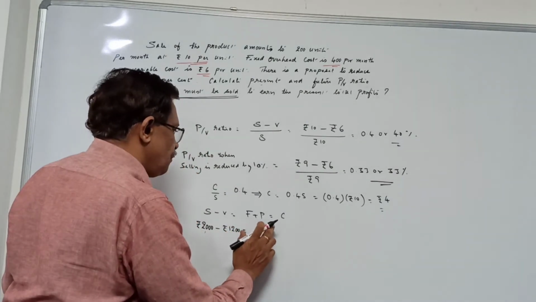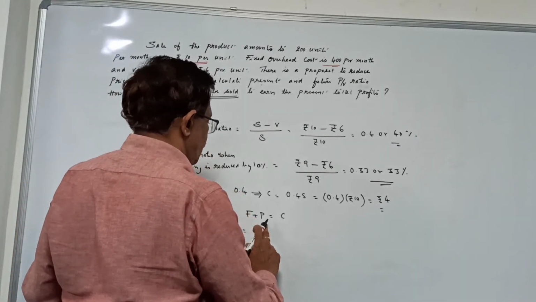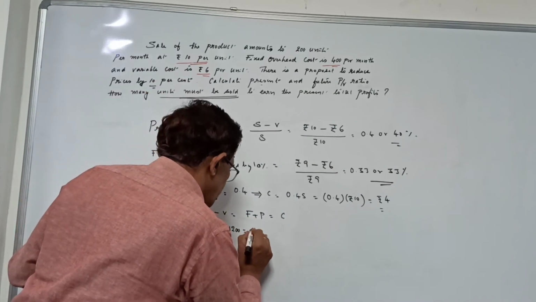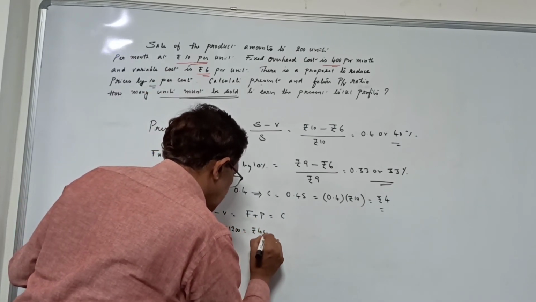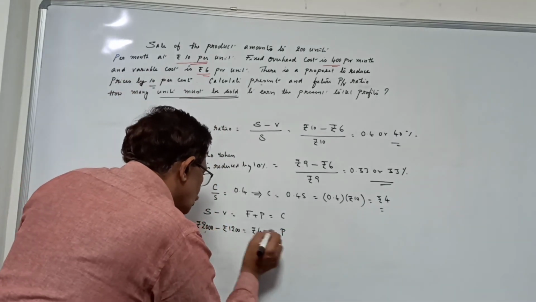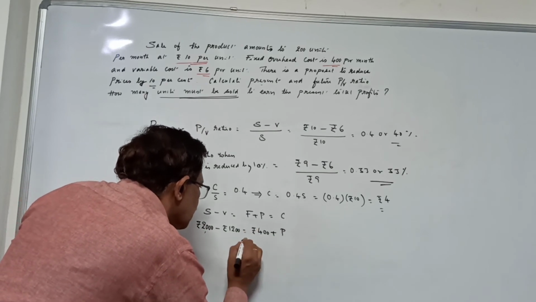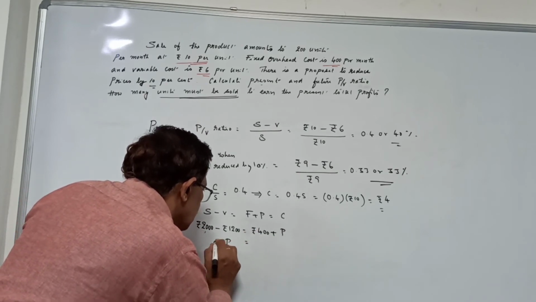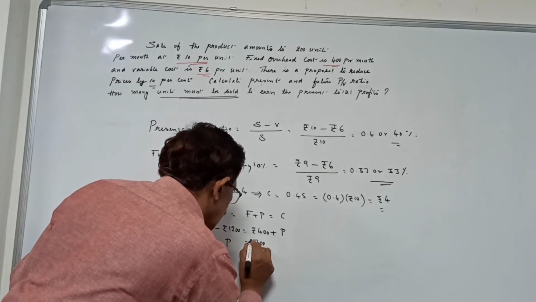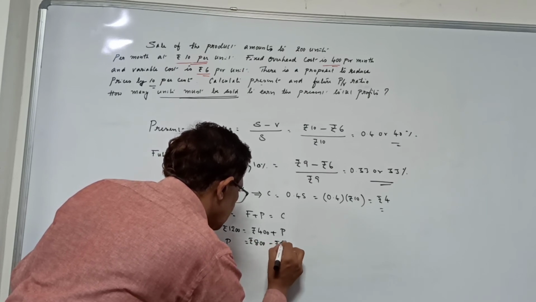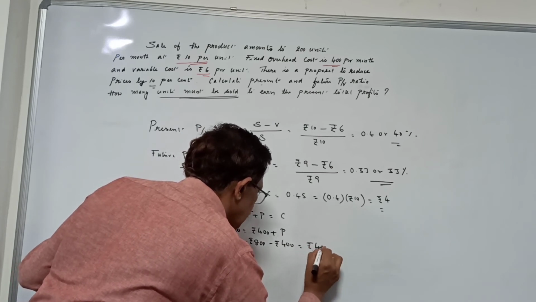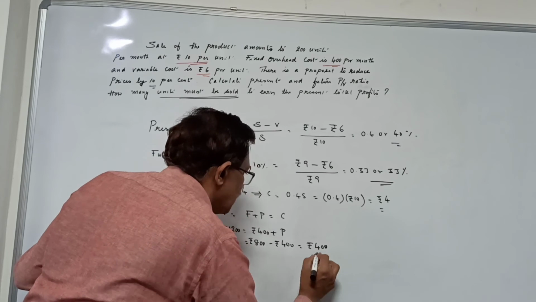Which is equivalent to the fixed cost plus profit. Fixed cost is also known to us, so rupees 400 plus profit. Now, through this itself we can find out what is P. So P is nothing but 800 minus rupees 400, which is nothing but rupees 400. So profit at present moment is 400.